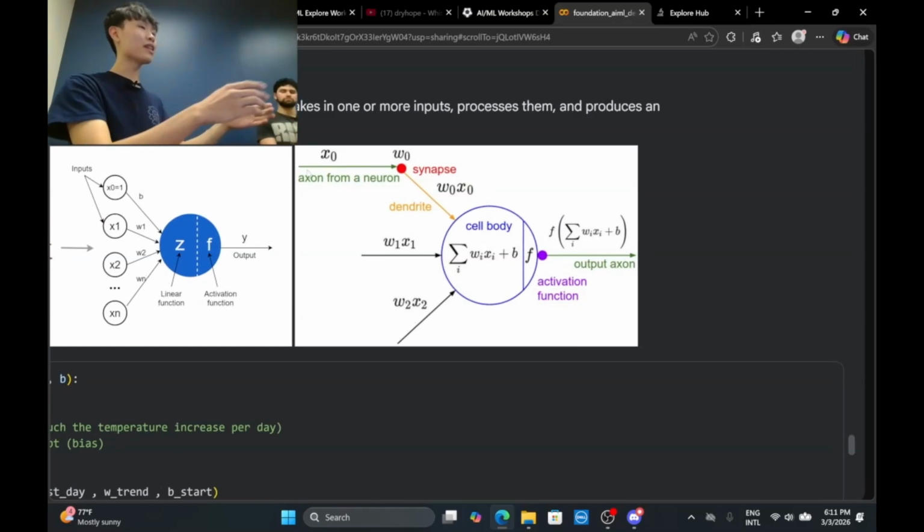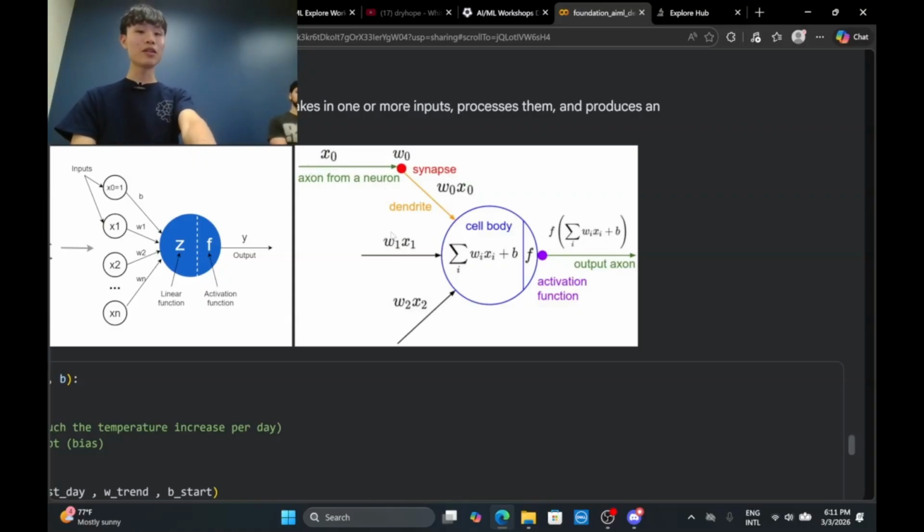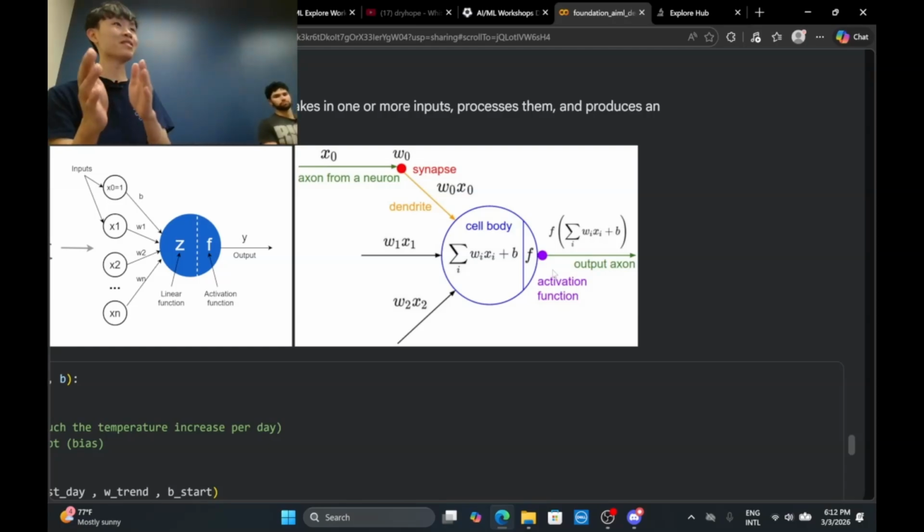Whatever the output of the last layer of neurons is goes to the input of the next layer of neurons. The output of the last neuron will be the input of the new neuron, and then it will do the same thing, pass that data it just received into the linear regression y equals weight x plus b, and then pass it to an activation function, and then output it, and then pass it to another layer of neurons.